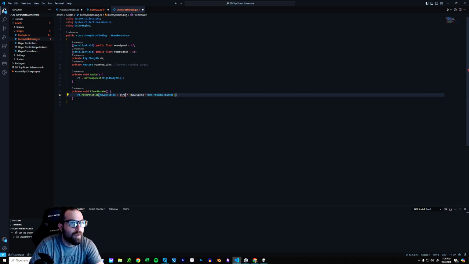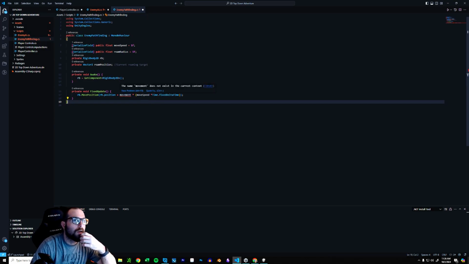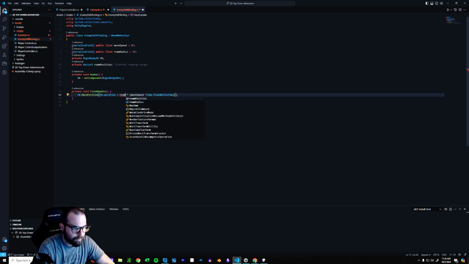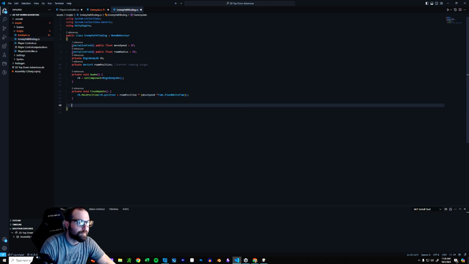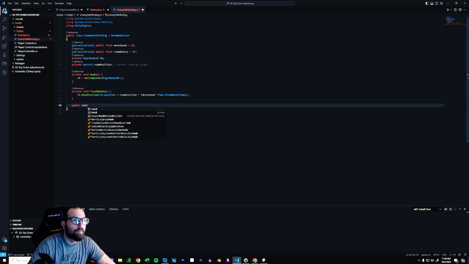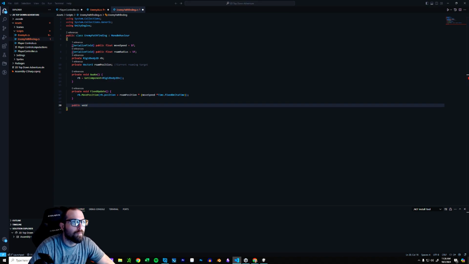And not direction we want, movement. Perfect. Now we're not using the movement vector2, we are using the move dir, but everything else is the same. Ha, well, that's easy enough. But how do we update this vector2? Well, one way to do it is we can create a public void move to function that takes in a vector2 as a parameter that we can just call target position. And when that function is called,